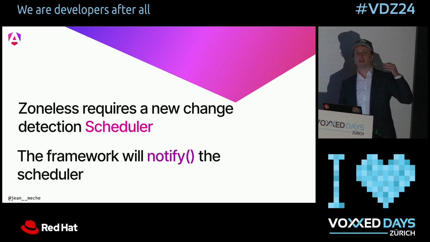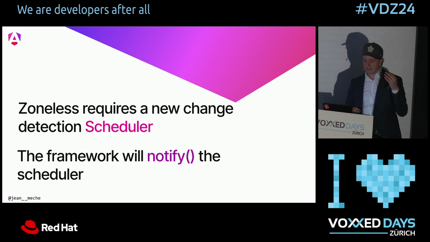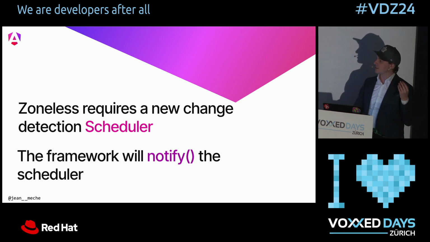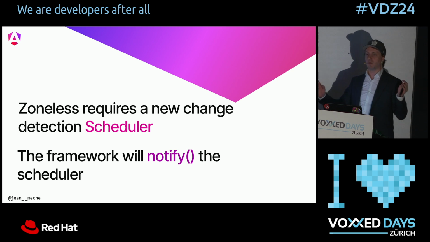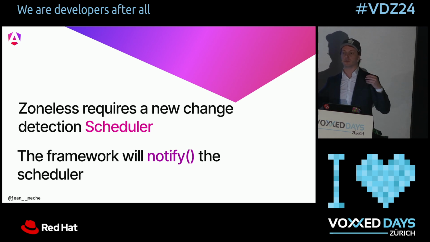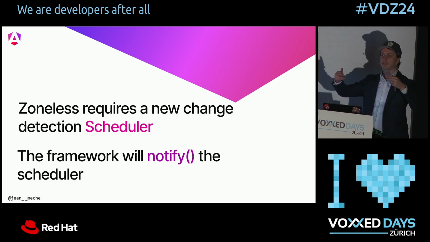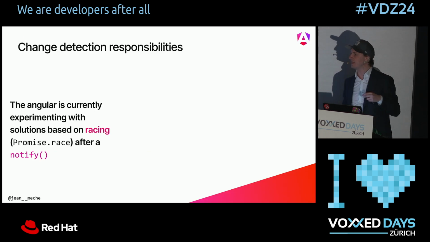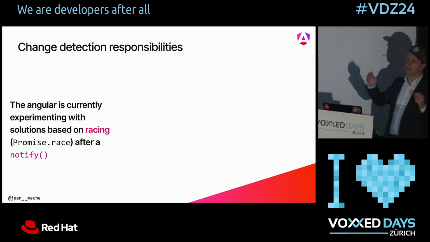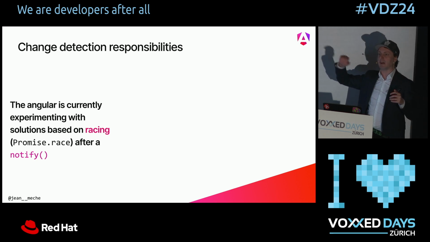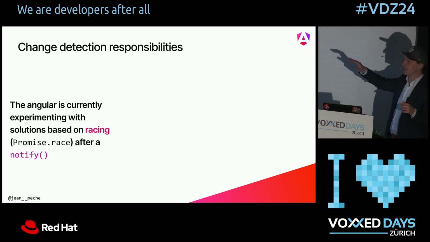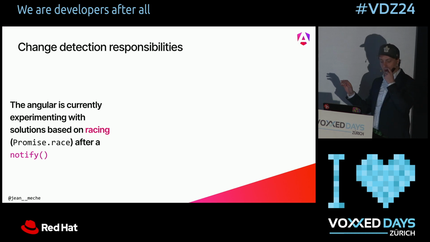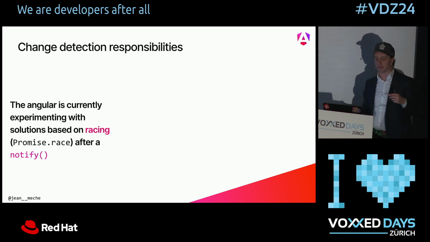So the framework will implement some new functionalities with what we call a new zoneless scheduler, where somewhere the framework will notify the scheduler to say, hey, I know that you need to run change detection for me. And basically the idea that the team went with right now is we have a prototype that the team has been testing that's based on racing two functions of the browser, either